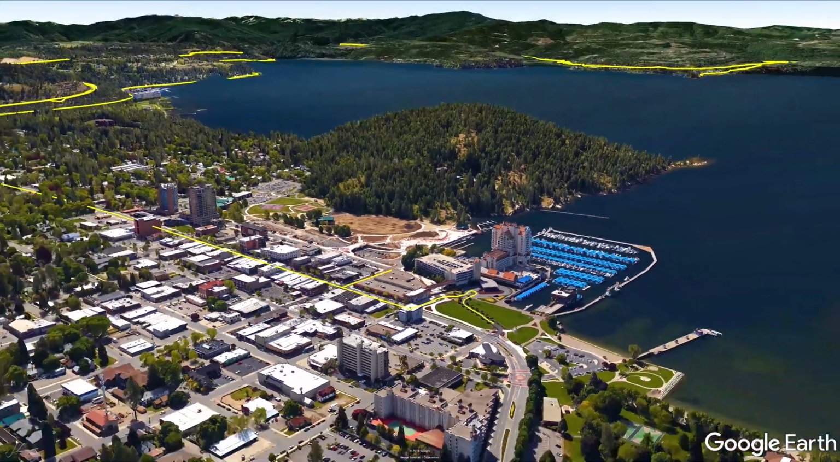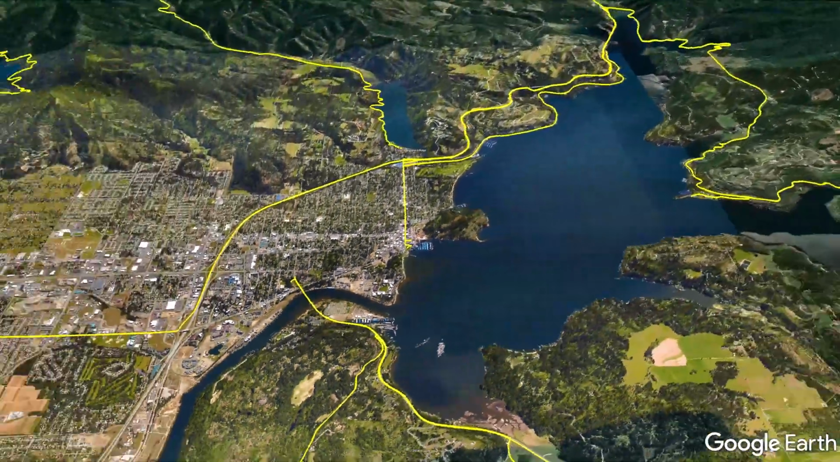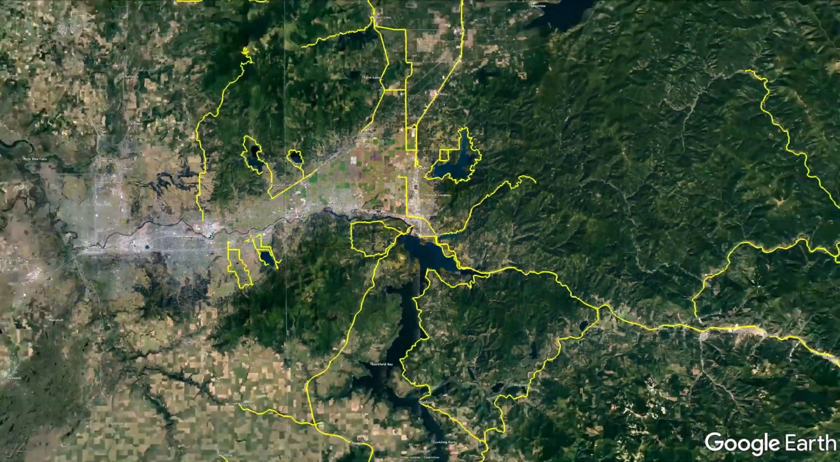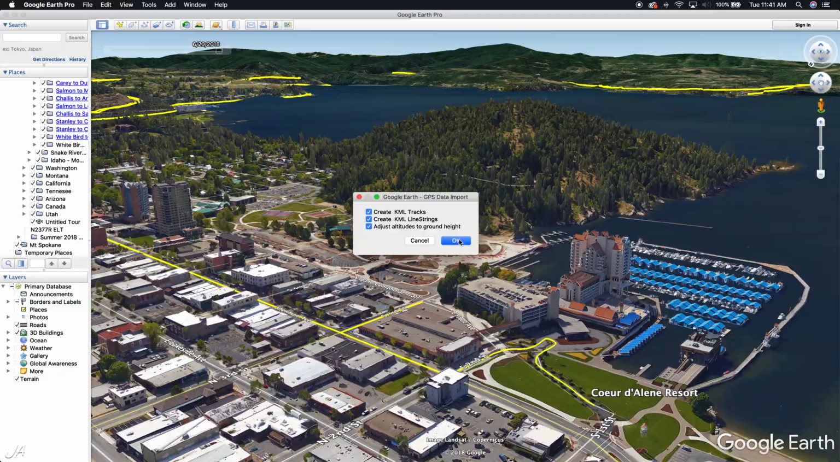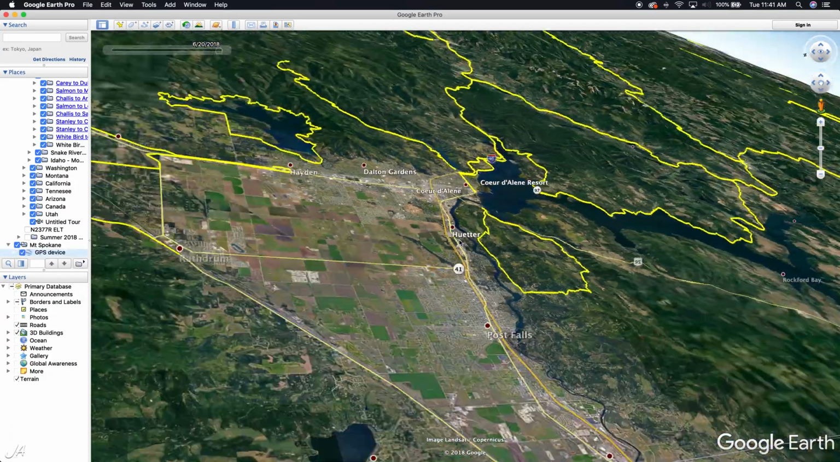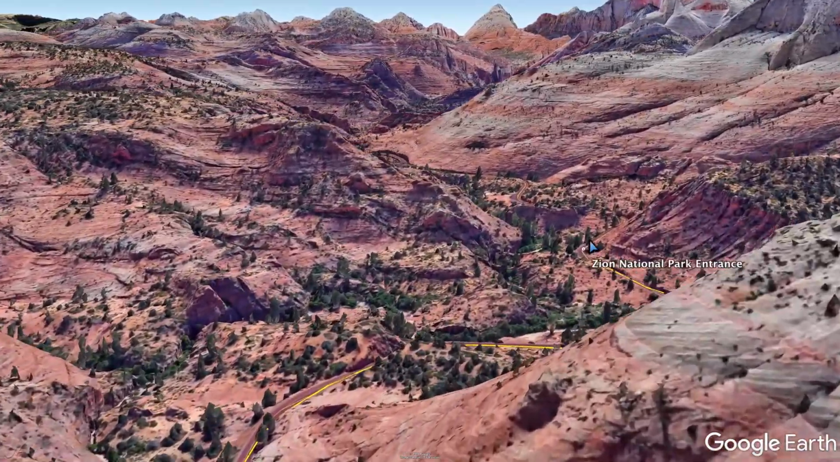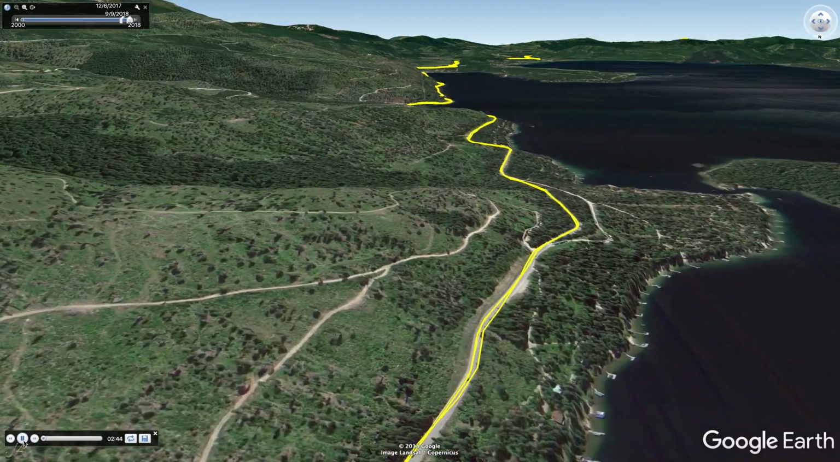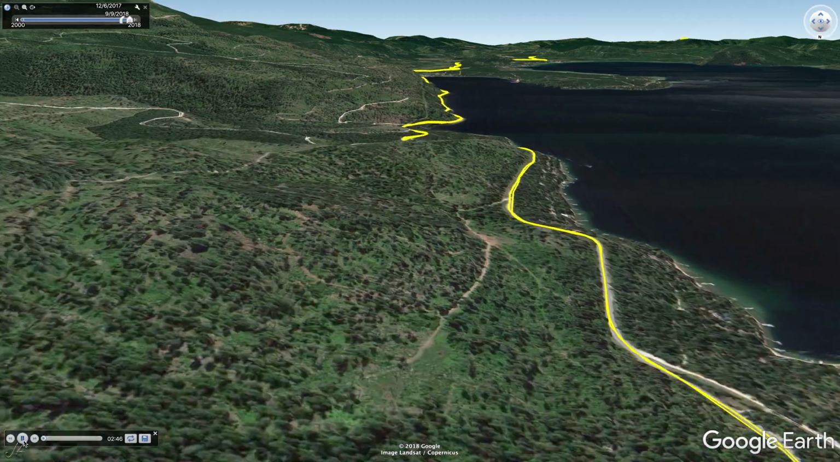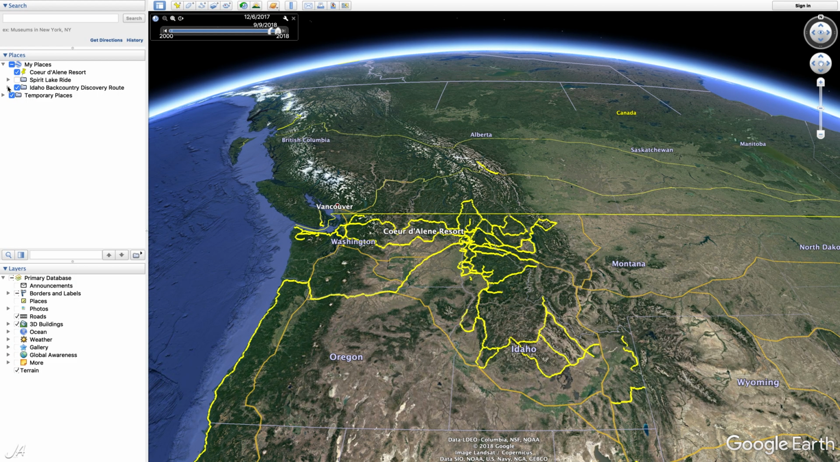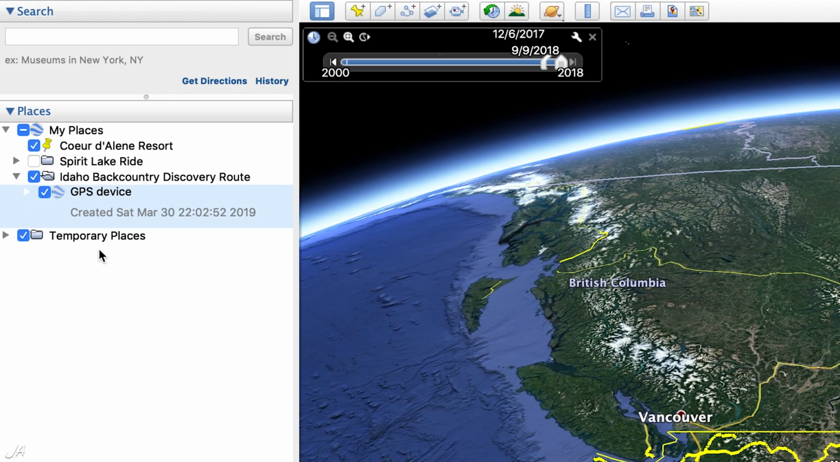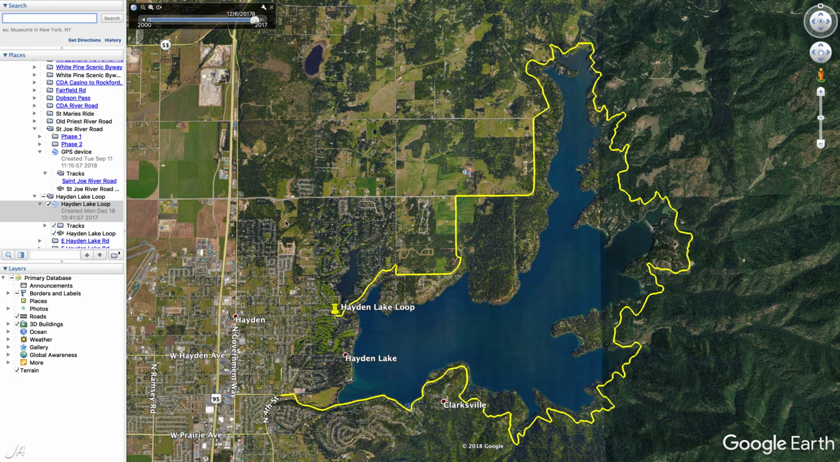You'll learn how to do smooth zooming, how to create a track instead of a route, how to follow a track instead of a route, how to import and edit GPS tracks, how to format a route or a track,